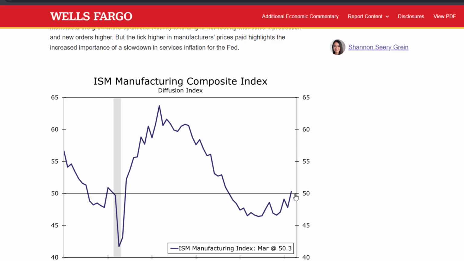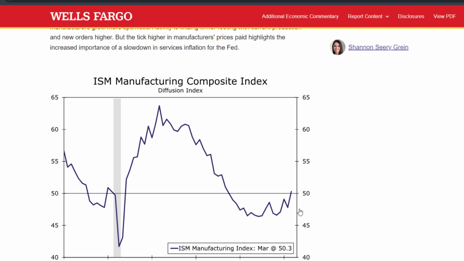It came above this 50, this line over here that says 50. And when you're above 50, that suggests that manufacturing is growing. When it's below 50, well, that suggests that manufacturing is shrinking. And so this time we saw it go to 50.3, which means that manufacturing is starting to grow after not doing well for quite some time. You guys could see it basically capitulated for quite some time, but stayed relatively the same in this range, and now we had this strong breakout in terms of manufacturing in the country.